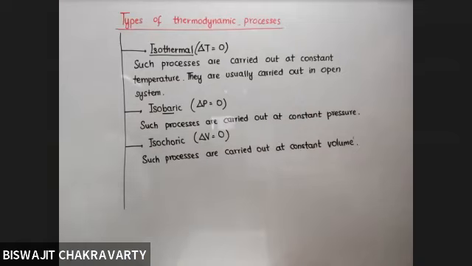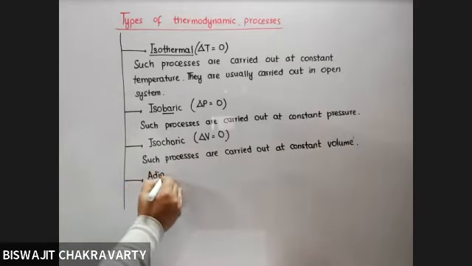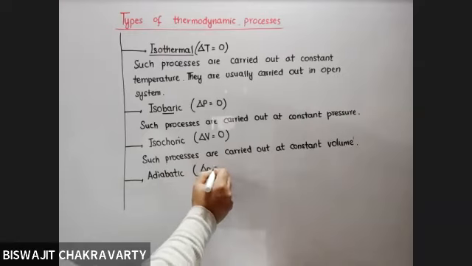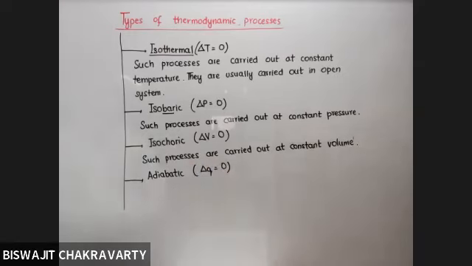So pressure, volume, and temperature, these are the three parameters, the three state variables associated with gases. So thermodynamics, generally we will deal with gas only, but one more process is there which you should be aware of. It is called adiabatic process, where change in heat is not allowed. There should not be any exchange of heat from system to surrounding, but temperature change may happen. So isothermal and adiabatic are just the reverse of each other.